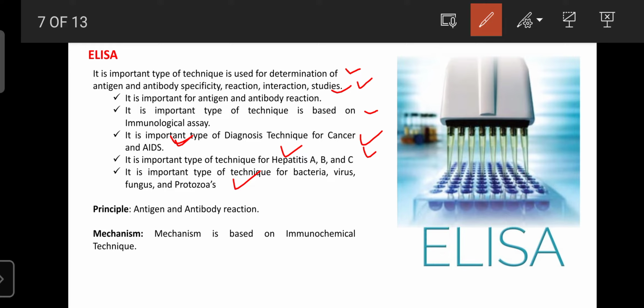Regarding the principle of ELISA, the main principle is that it is based on antigen-antibody reactions. The mechanism is similar to other immunochemical techniques. Simply, first we target the antigen and separate the antigens from the patient. Then after that we add the target antibodies, which may be labeled. Then that antibody can target it. Here, instead of a plain antibody, we add the enzyme-linked antibody. Then finally they target that enzyme. This is the mechanism of the ELISA, which is similar to other immunochemical techniques.